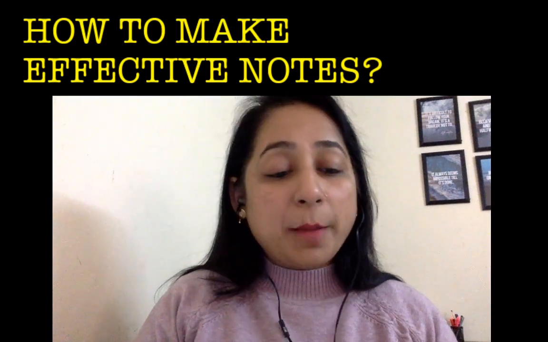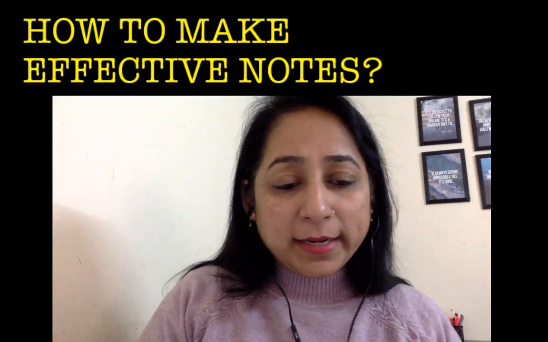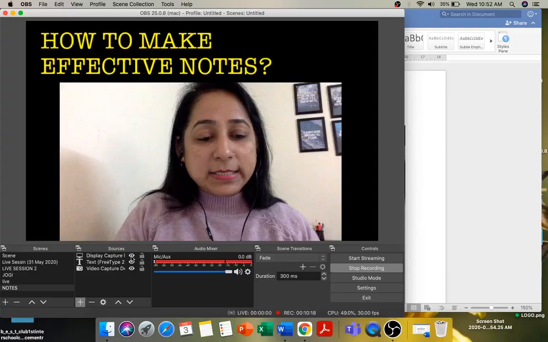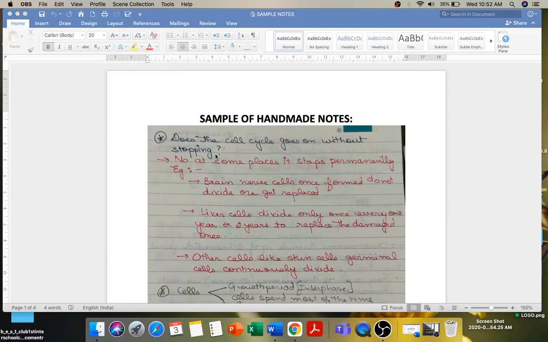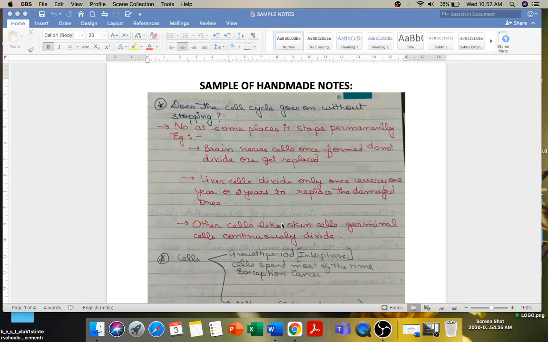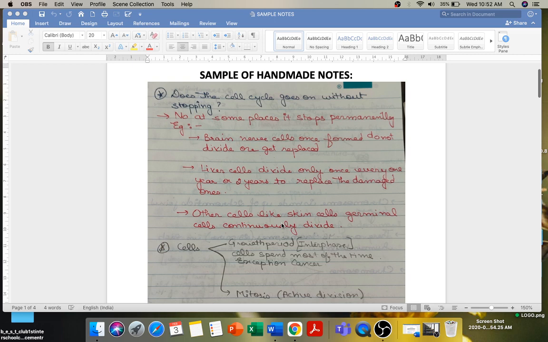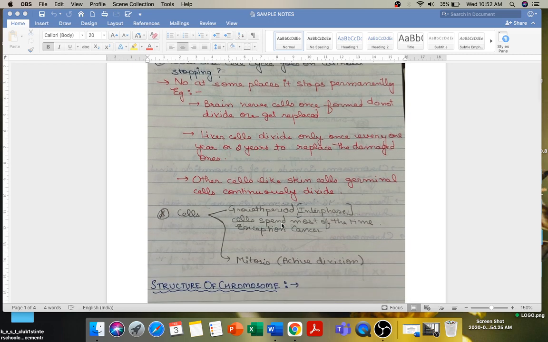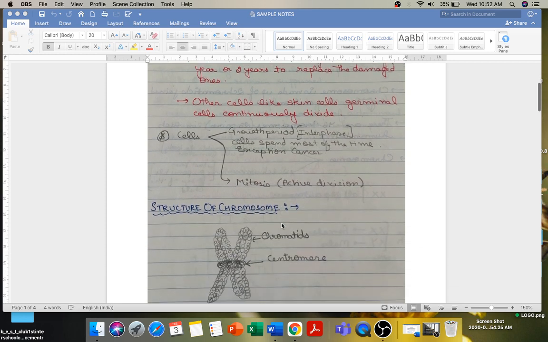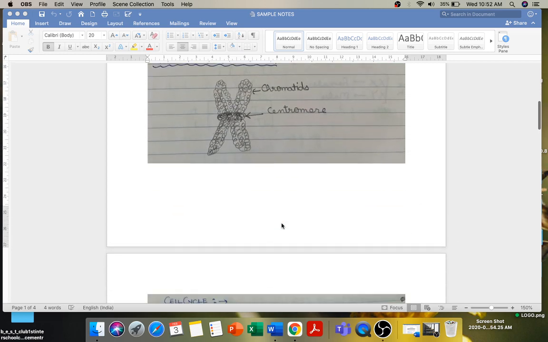Now we will talk about the sample notes. I'll just show you quickly. Just give me 1 second. Here. So these are some sample handmade notes. Now when you see those, you can see that I have used multiple colors, plus I have used pointers. These notes are not for grade 10, so they are 12th notes, so you won't be familiar with those, but yes, of course I have made the diagrams as well.